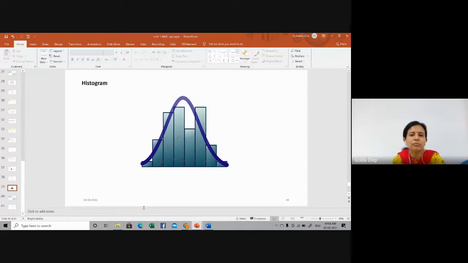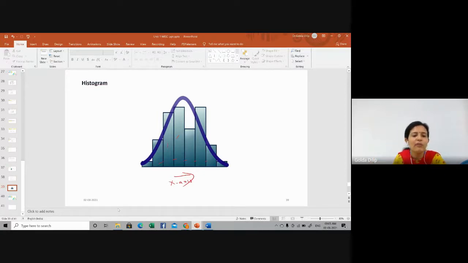You can have a title for the histogram which will describe the information included in the histogram. Then of course you have your x-axis. The x-axis will show the intervals, the scale of the values which the measurements will be falling under. Then of course you have your y-axis. The y-axis will show the number of times, that is the frequency, that the values occurred within the interval set by your x-axis.